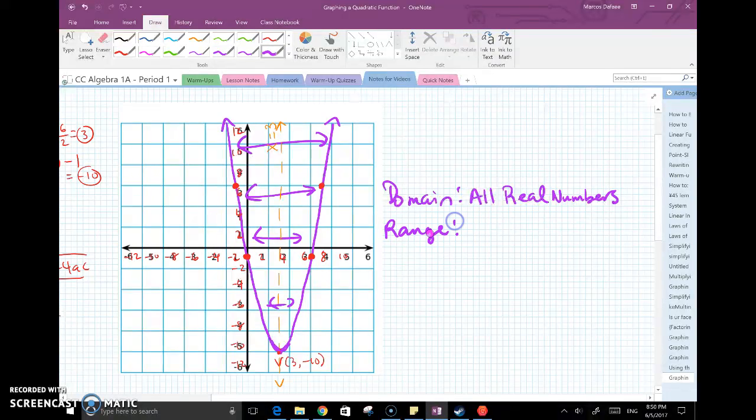The range has to do with our y values. And because this parabola has a lowest point at -10, we have to represent that. This parabola has the lowest point at -10, and all the y values of this parabola increase from that point. So it gets as low as -10, but not any lower. And then from there, all the y values increase, increase, increase as you go up. So for that reason, we put greater than or equal to. The equal